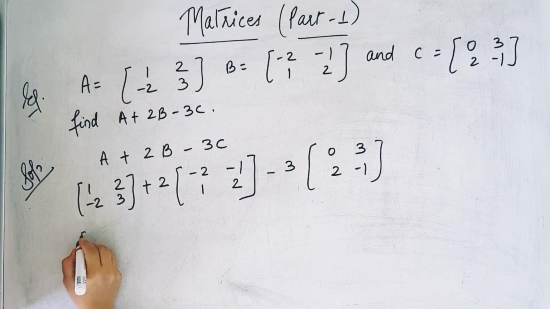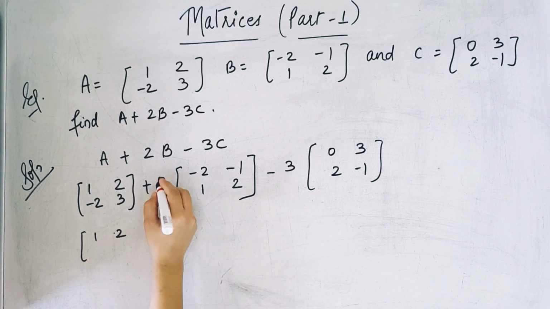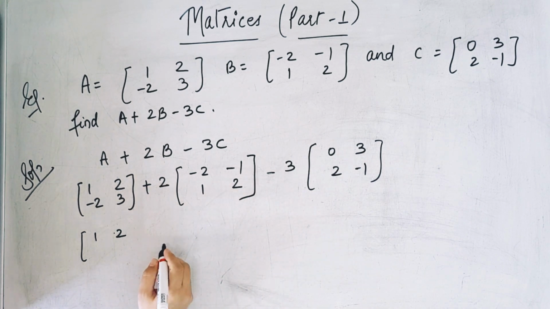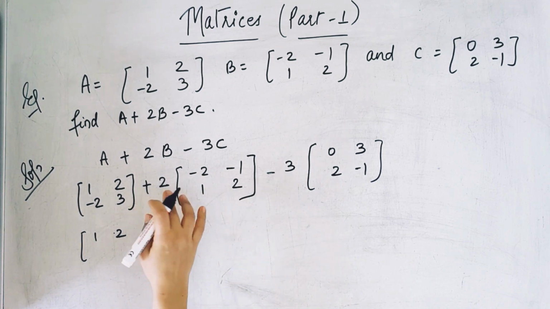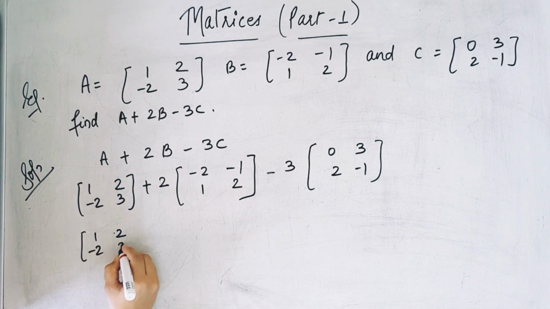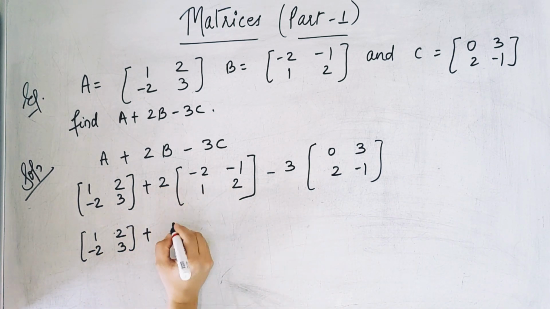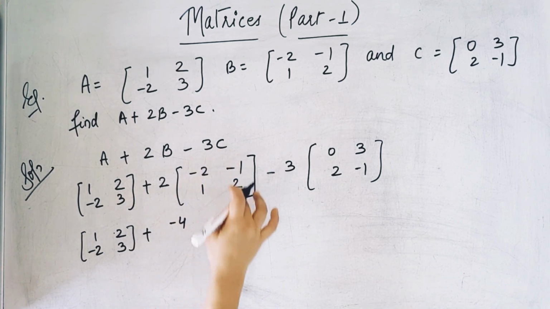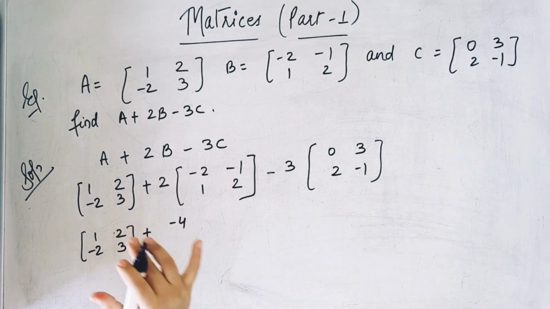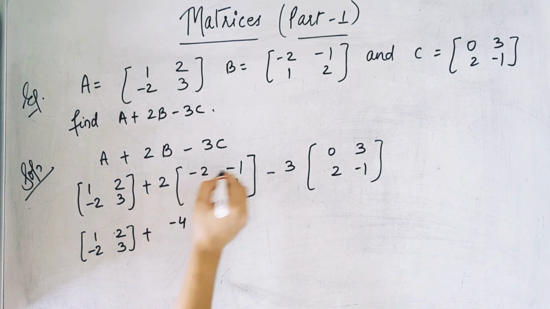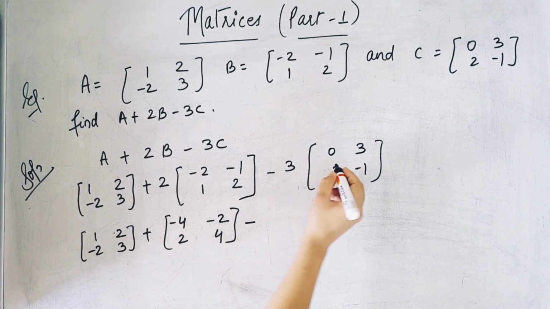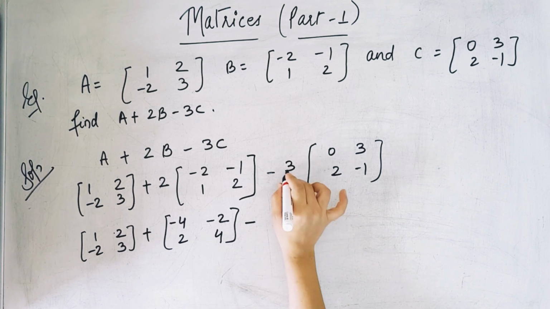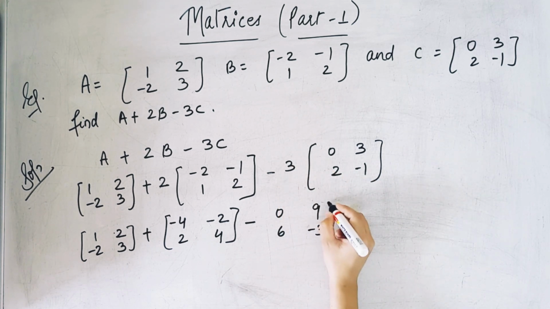So we'll write A as it is because we have to multiply further, and this is multiplication by a scalar number. Till now we haven't studied how to multiply two matrices. We are only studying multiplication of a matrix by a scalar number like 2, 3, 5, 6. So it will be 2 into minus 2, minus 4. This 2 will be multiplied by each element, and if it is division, then this 2 will be divided by each element. 2 into minus 1 is minus 2, 2 1s are 2, 2 2s are 4. Minus 3 into 0 is 0, 3 3s are 9, 3 into 2 is 6, 3 into minus 1 is minus 3.